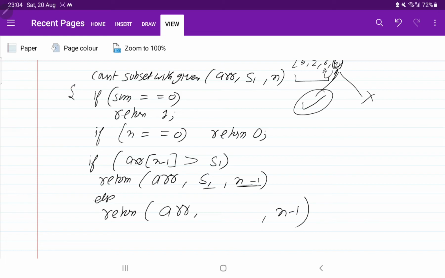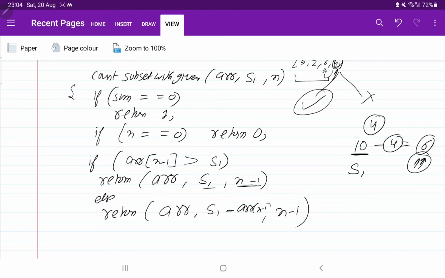The S1 value will decrease. Why? If we choose 4, our sum was initially 10, but we have chosen 4, so now we have to look in the array: can we get sum as 6? So it will be S1 minus array of n minus 1.